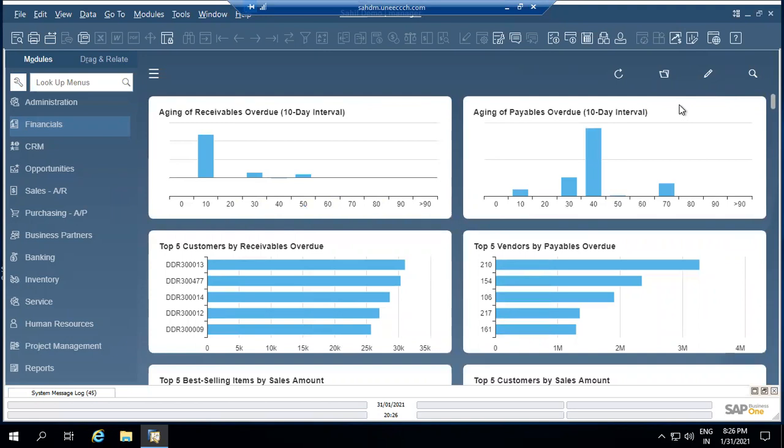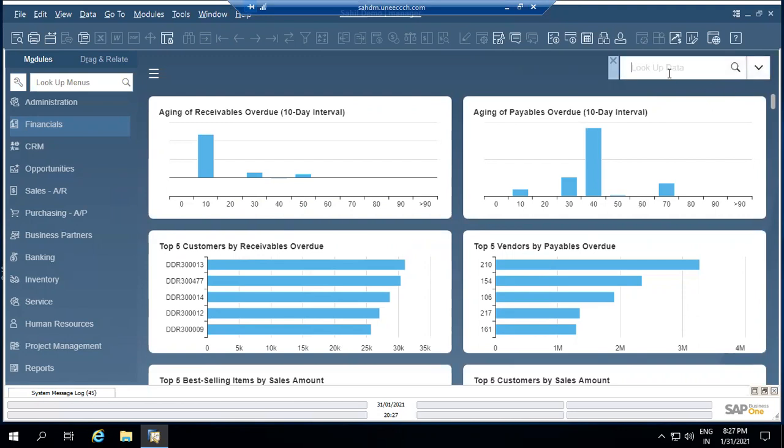Second thing is one more quick feature I would like to explain here, that is enterprise search. So it's simply like a Google search. For example, if you would like to search anything on Google, you can type it and the system will give you the relevant information over the browser of Google. In a similar fashion, if you would like to search about your business or about any product in SAP B1, you can simply type here in this section.